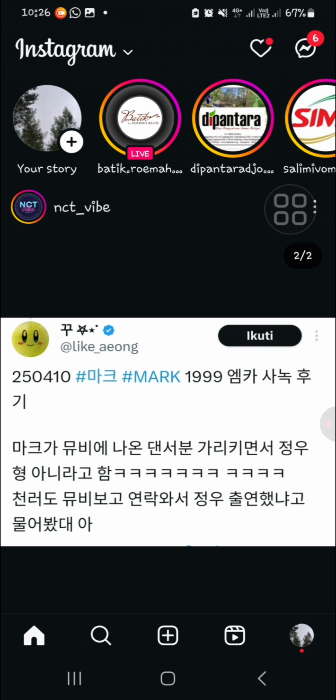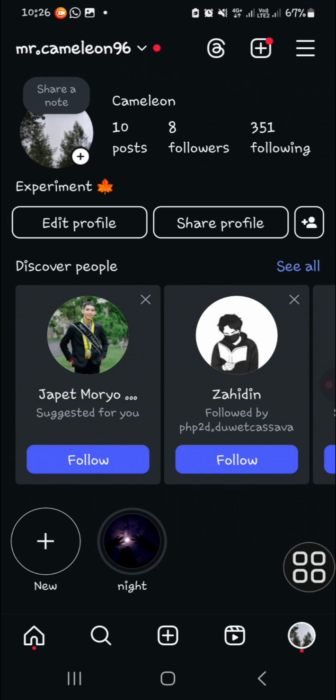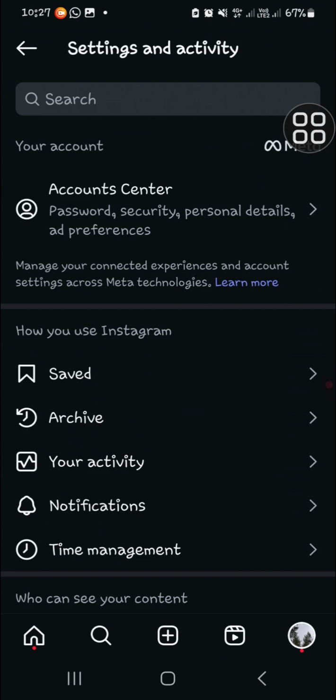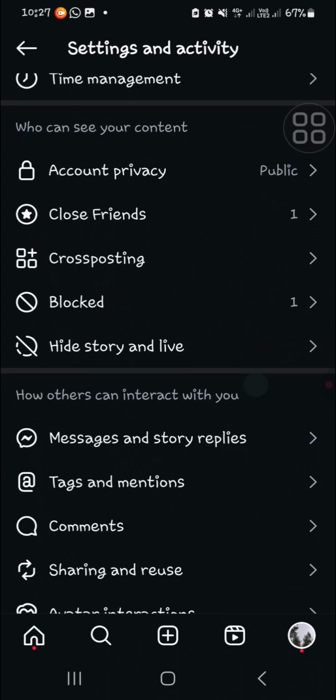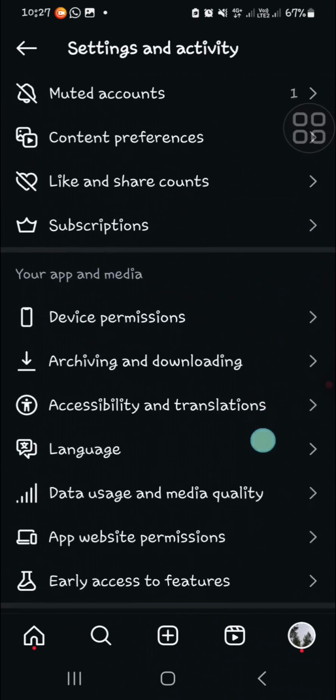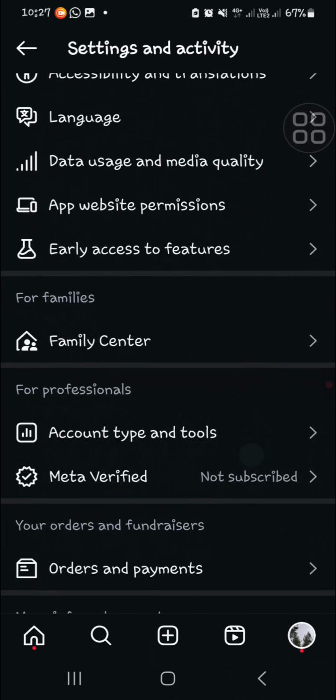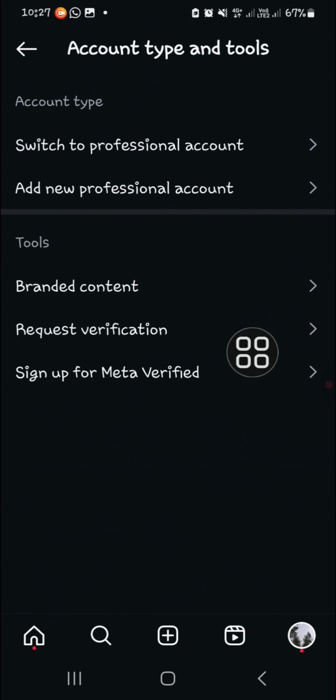Okay, you can go to your profile page on Instagram. I'm going to tap on my profile, and then we're going to go to the Instagram settings and activity. We can click on these three lines on the top right. Okay, now the Instagram settings and activity have been opened, and then we're going to switch our account to professional. You can scroll down until you find the account type and tools right here, and then you can select switch